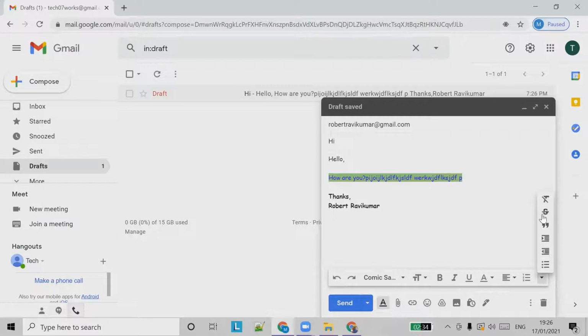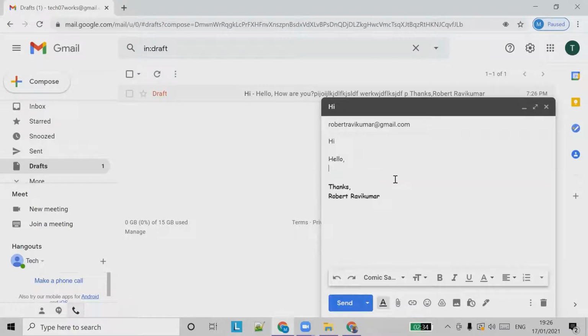And again, then we have bullets and numbering. Let's say, please buy the following items.